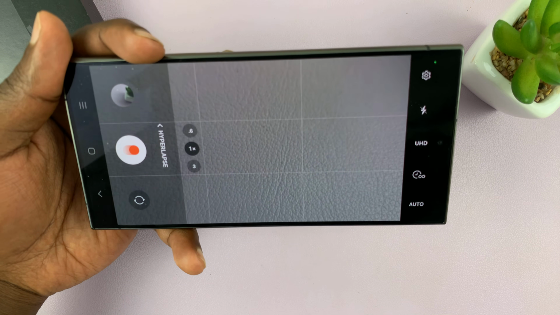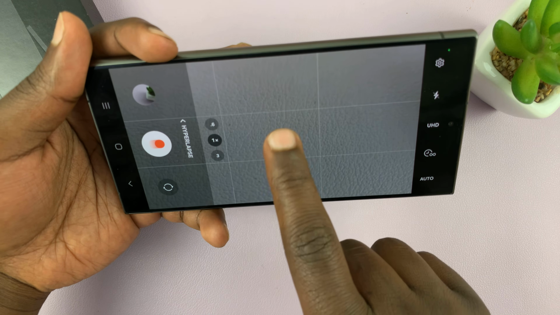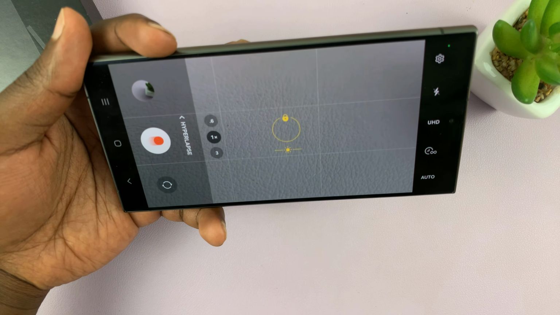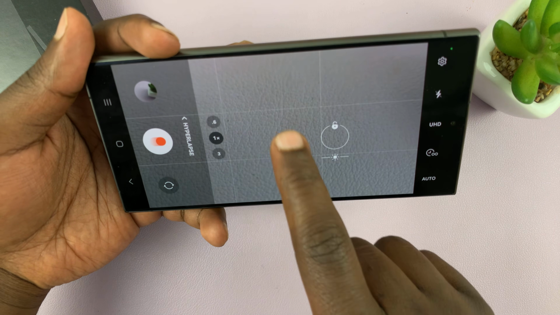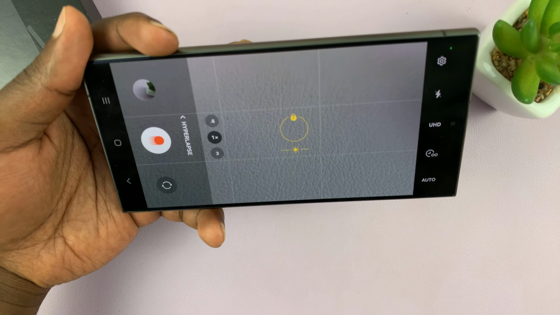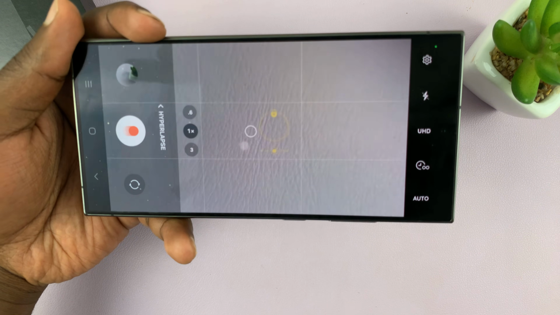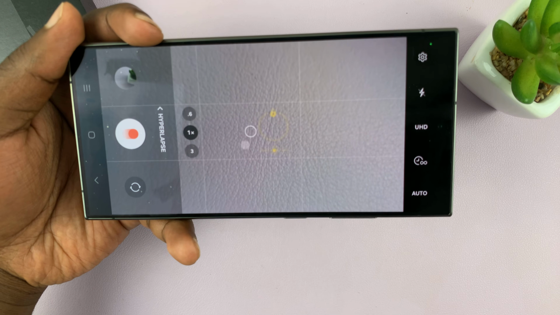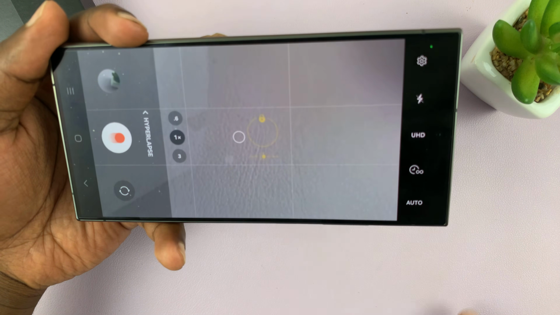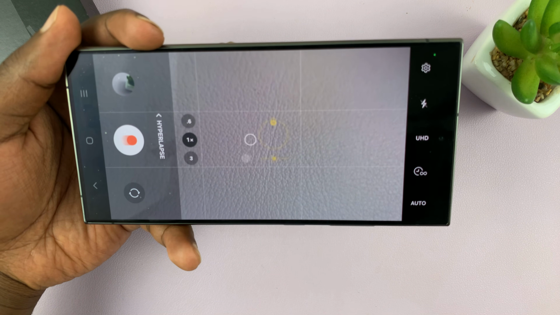Now one thing you want to do before you take a time lapse or a hyperlapse is to lock focus and exposure. So what you want to do is tap on your screen to see this, and then long press, and when it turns yellow and that padlock icon appears there, it means exposure and focus has been locked, so that this will prevent things moving across the frame from changing the focus or the exposure and making a time